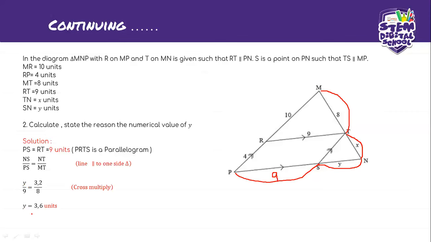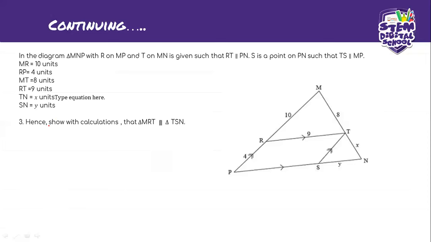Hence, show with calculation that triangle MRT is similar to triangle TSN. Let's go and identify that triangle. Let me try to show you here: MRT, this triangle here, this one, right, is similar to triangle